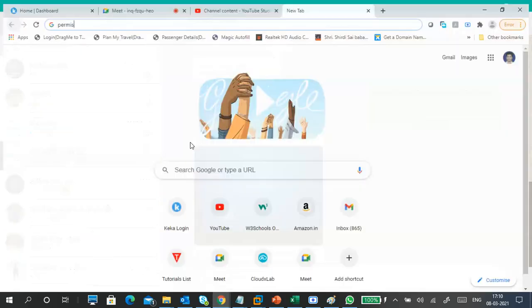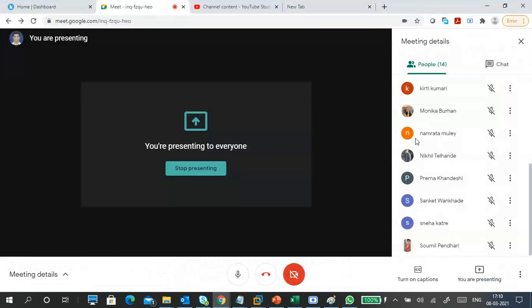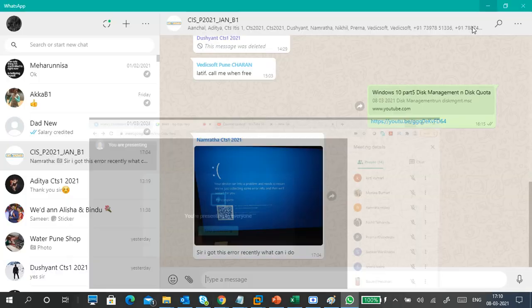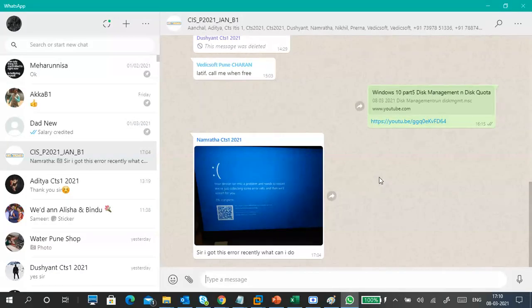Yeah, Namrata is there, right? Nothing you will do. Just wait till it goes from zero to 100%, and wait for another 10-15 minutes. So let it go on.